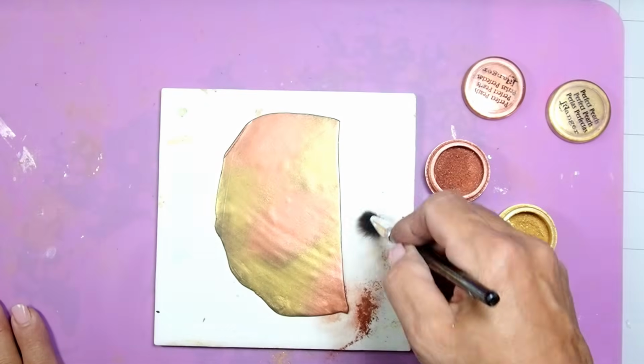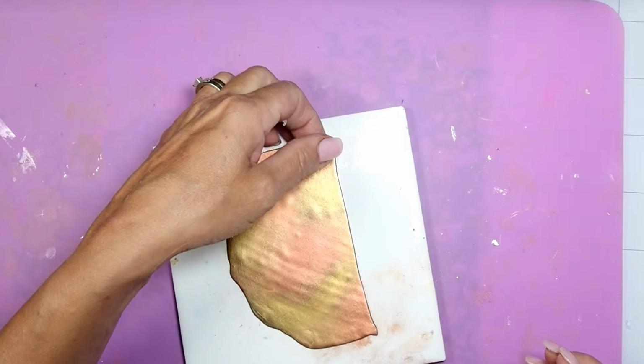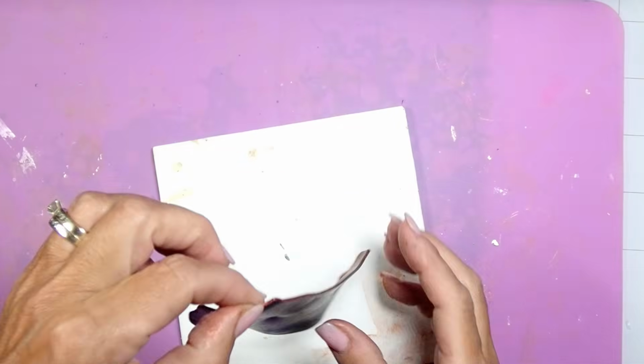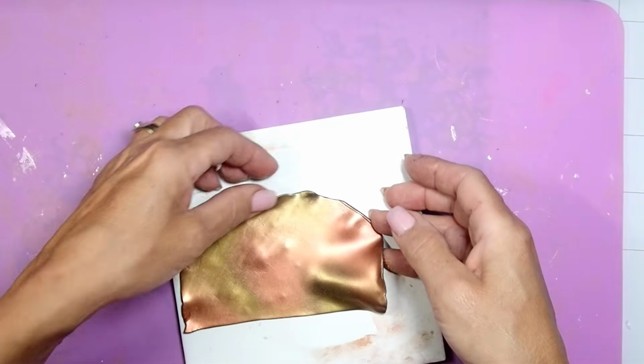And you're just going to fill the whole entire clay with mica powder. And there you have it. I'm brushing it with a little bit of bronze just to tone it down, and there is my piece of clay. And now I am going to do the unthinkable, the thing that always gives me a hard time,